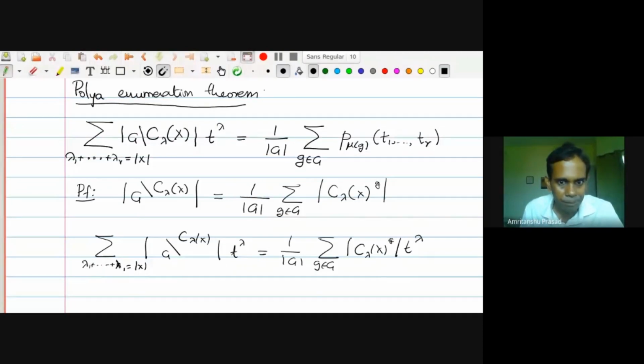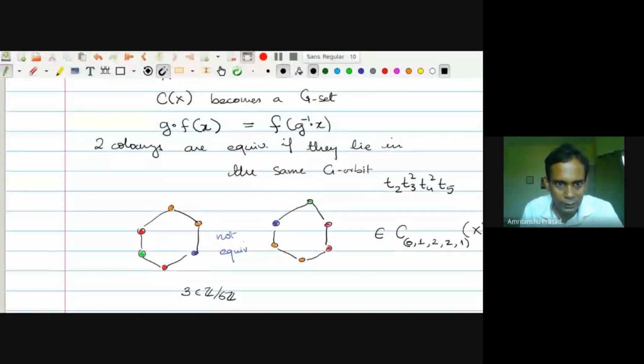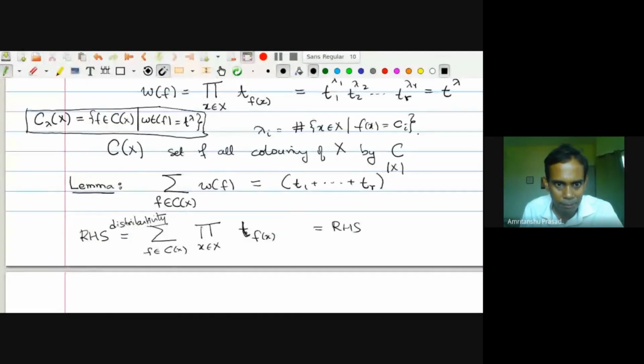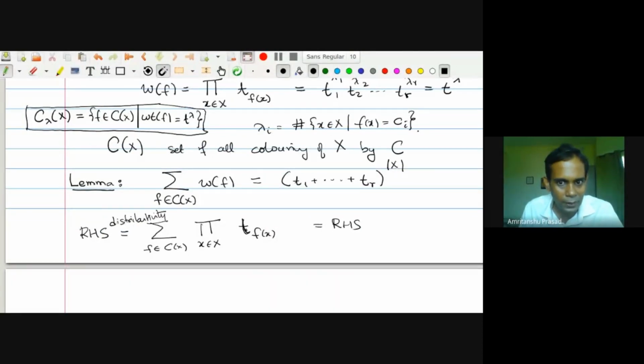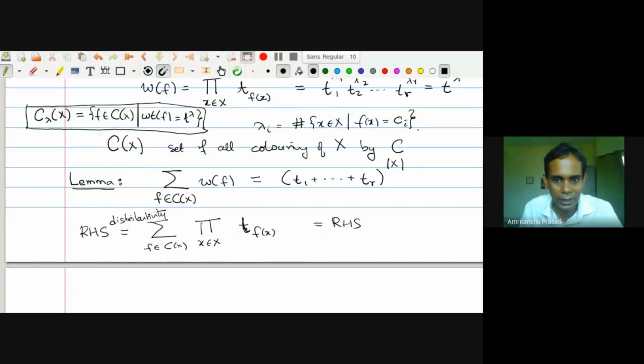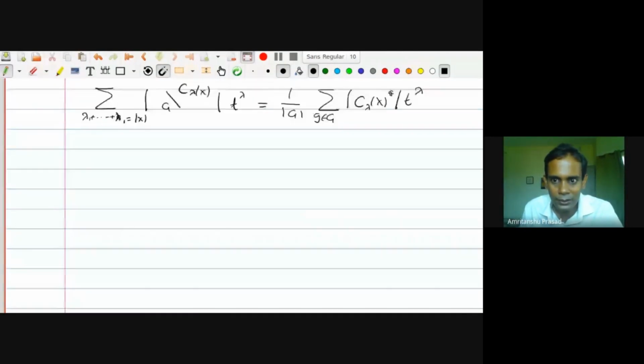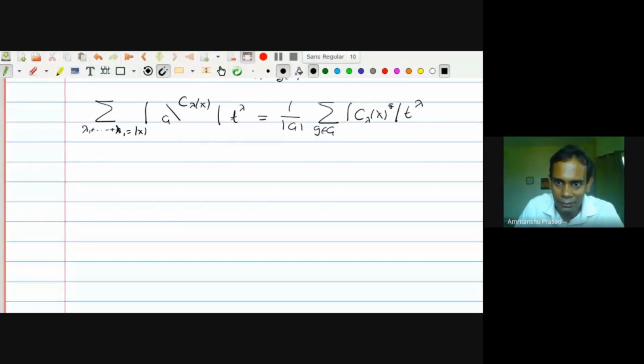But we had this equation here, the sum over all colorings fixed by g of the weight of the coloring. So this is the sum over all colorings fixed by g of the weight of the coloring. This is the weight of the coloring. So this is the same as